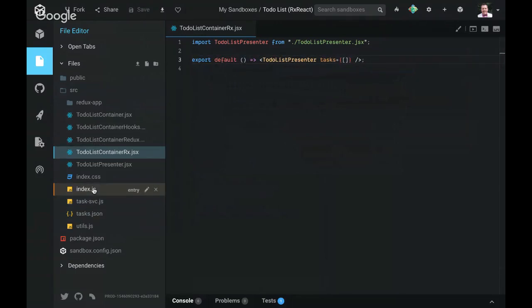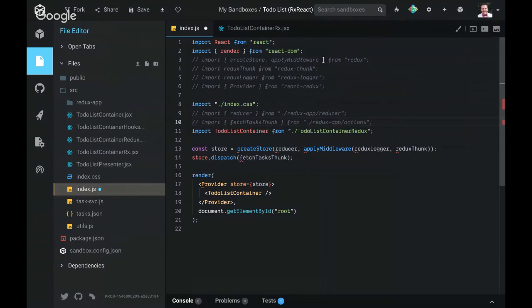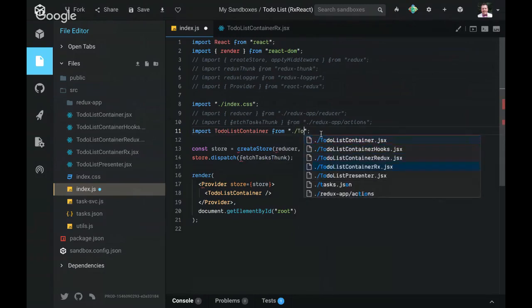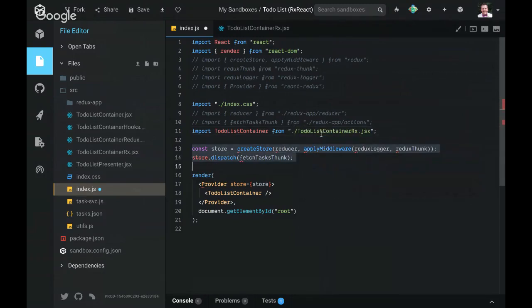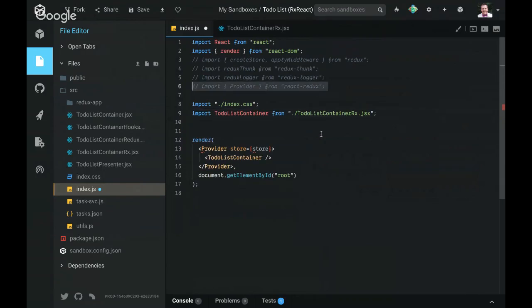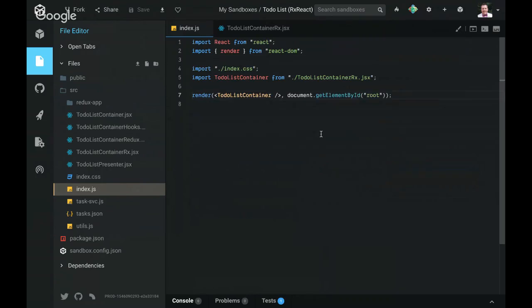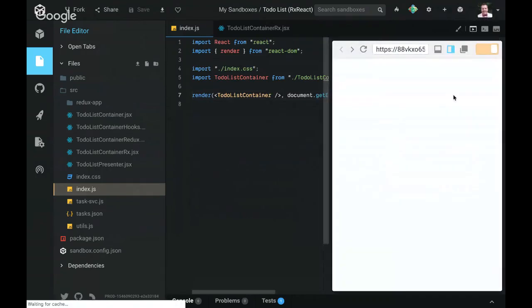Okay. So I'm going to go to my index.js. Right now, it has a lot of Redux stuff on it that I'm not going to need. So get rid of that, and that, and that, and that, and that, and that. I'm going to rename this to-do. Say it's going to come from to-do list container rx. I'm going to get rid of the store here and get rid of the provider. All right, now if I look at my browser here,